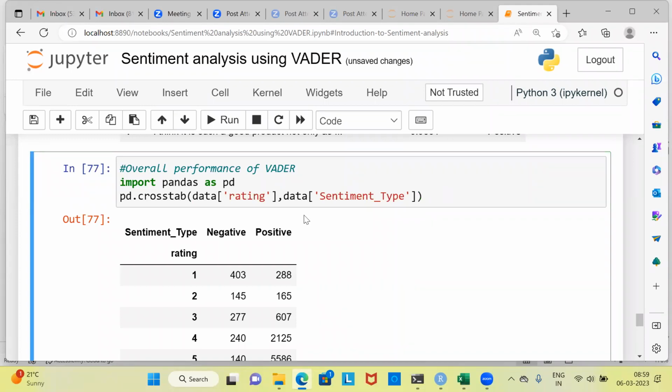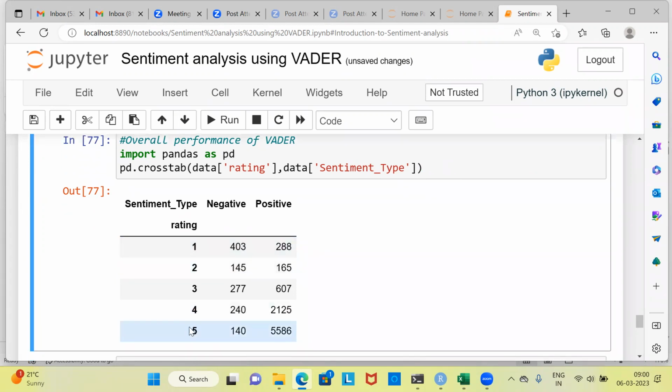When you execute this, along the column, what you have is the sentiment type, which is negative or positive, negative or positive as predicted by VADER. So we are going to assess the performance of the VADER sentiment analyzer by comparing it with the actual review. The actual review could be 1 to 5. I'd like to draw your attention to the rating of 5. We said earlier that a customer would rate a particular product very highly if he is highly satisfied. Now, what is interesting here is that